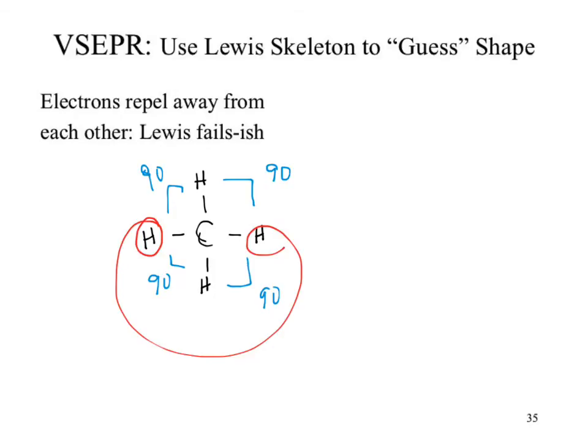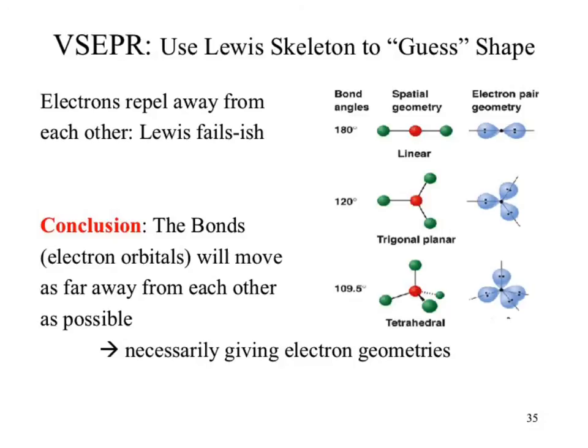Okay? All Lewis structure is trying to do is take a three-dimensional object and smash it as flat as possible and roughly interpret it. So Lewis fails. What do we need to move to? That's our valence shell electron pair repulsion theory. Okay? So our bonds or our electron orbitals will move away from each other to achieve the maximal area possible, the maximum space. That produces electron pair geometries, where we have linear, trigonal planar, tetrahedral, followed by